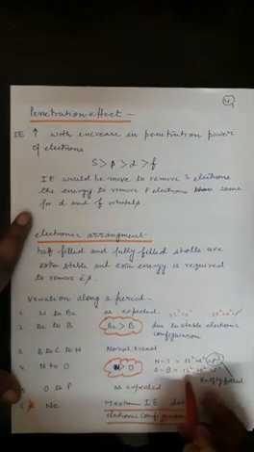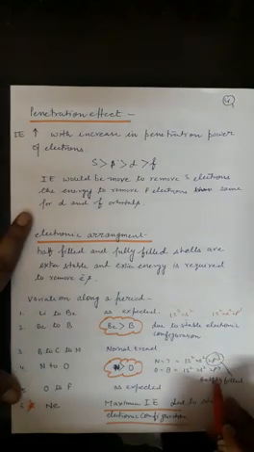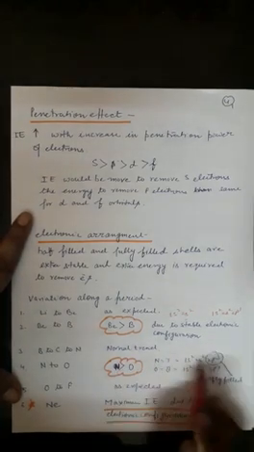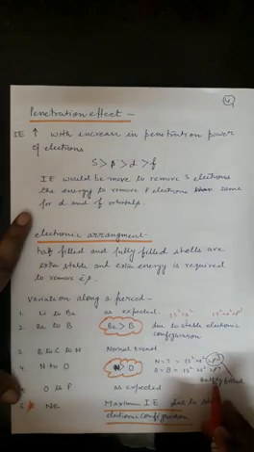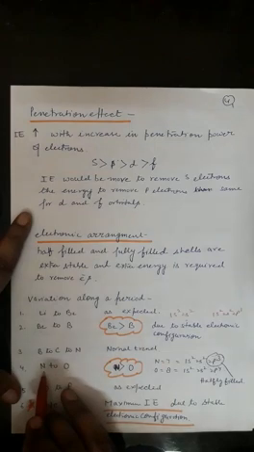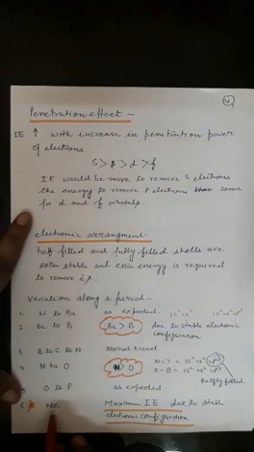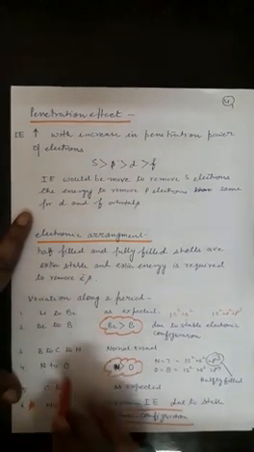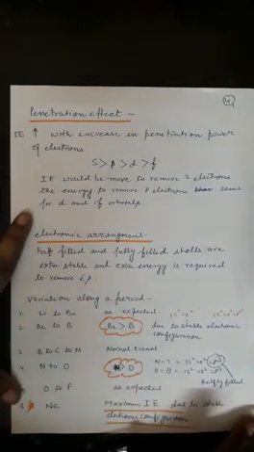And in case of oxygen, the electronic configuration is 1s2 2s2 2p4. If we are comparing these electronic configurations, nitrogen is halfly filled, and it is difficult to remove electrons from halfly filled and fully filled orbitals. So nitrogen has higher ionization energy than oxygen. Then neon has maximum ionization energy along the period due to its stable electronic configuration.